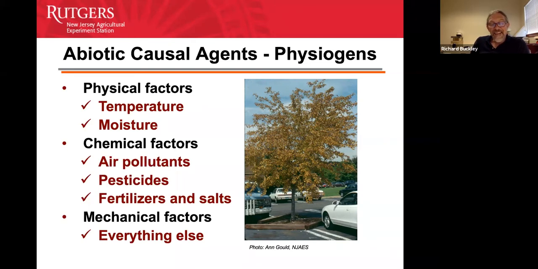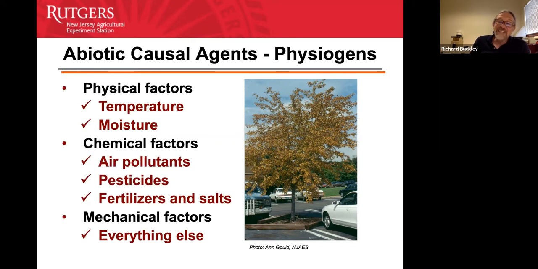He taught me in the late 80s. And when I started my job, I would ask for help sometimes, and whenever he didn't know what the cause of the problem was, he'd say it was an unknown physiogenic disorder. And so to this day, I still use that terminology. Physiogen gives you just a contrasting term to pathogen. So again, it's a little my own idiosyncrasy here, but we divide these things up into physical, chemical, and mechanical